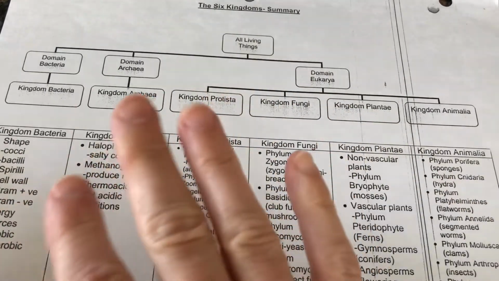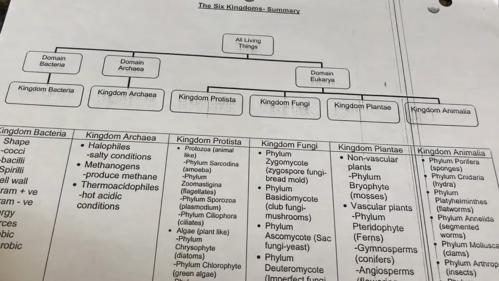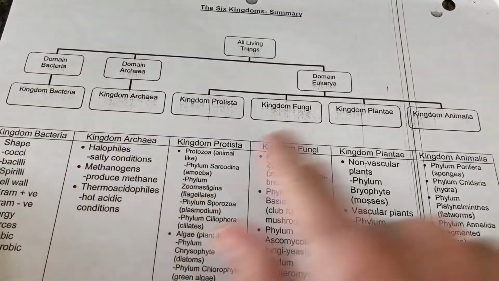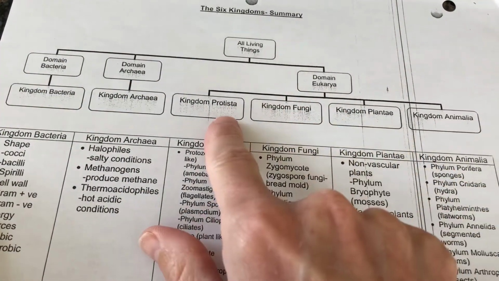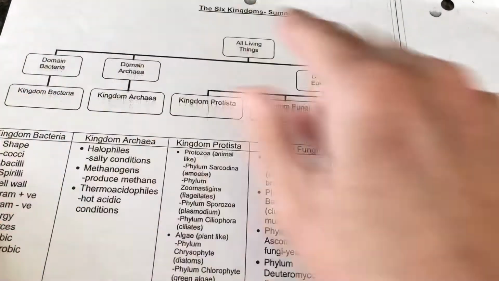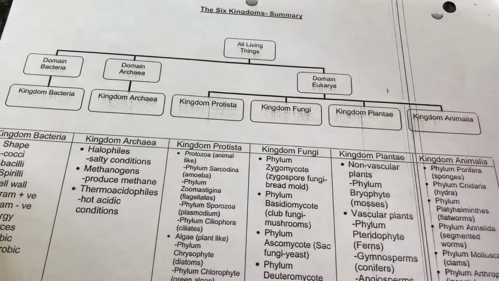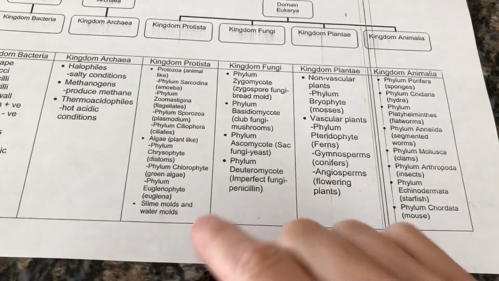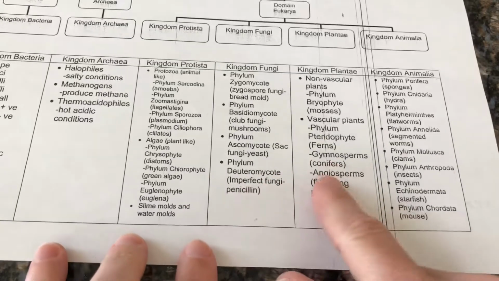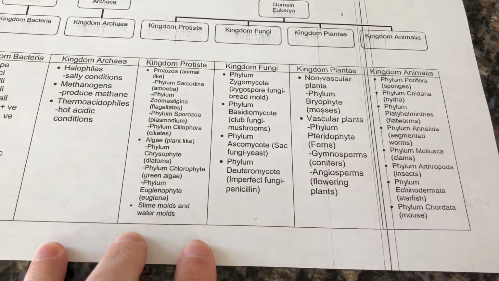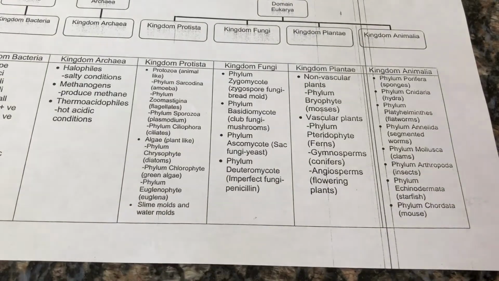So going way back to this, keep this in mind as you progress through biology. You've got bacteria and archaea here with one kingdom each, and you've got Eukarya with Protista, fungi, plantae, and animalia. We did this quiz already. This is our quiz on Thursday and Friday. For really simple points, you do have some things under each kingdom. There's nothing wrong with the information there, it's just kind of limited.